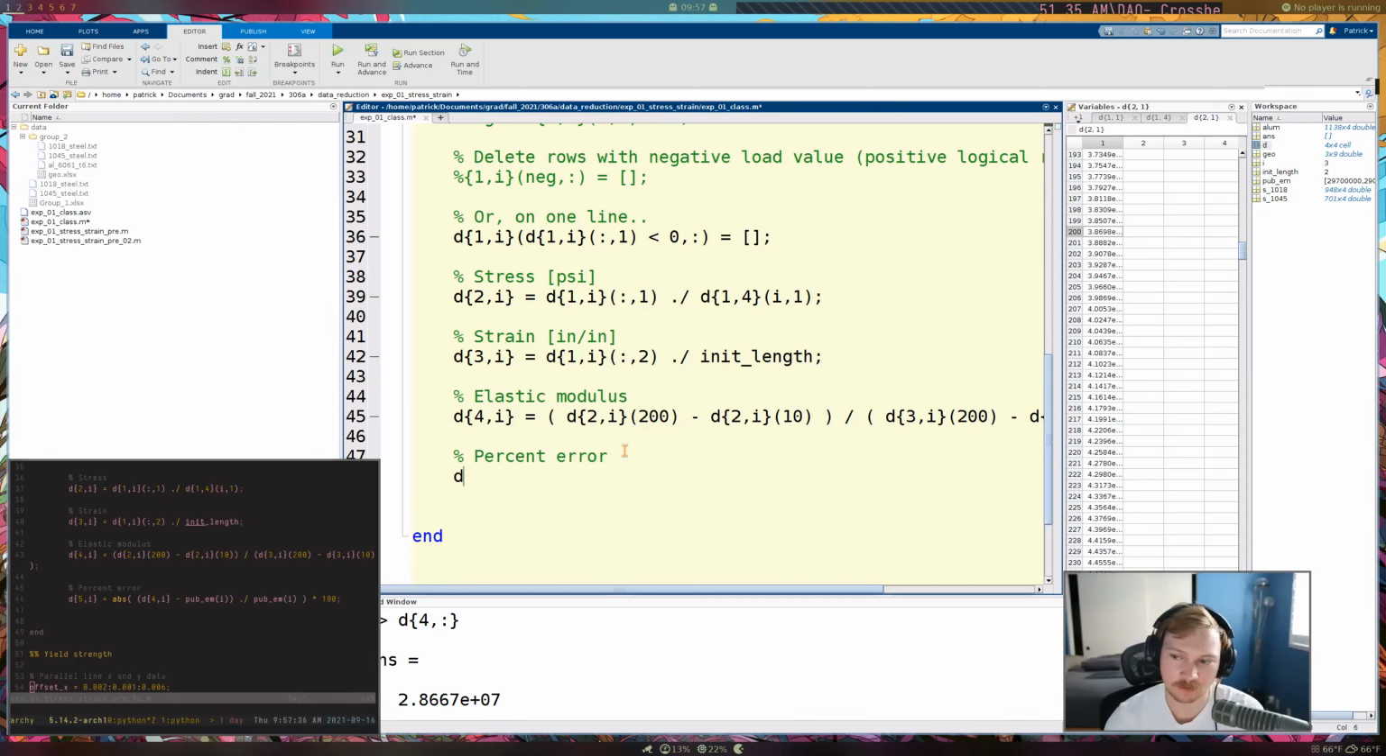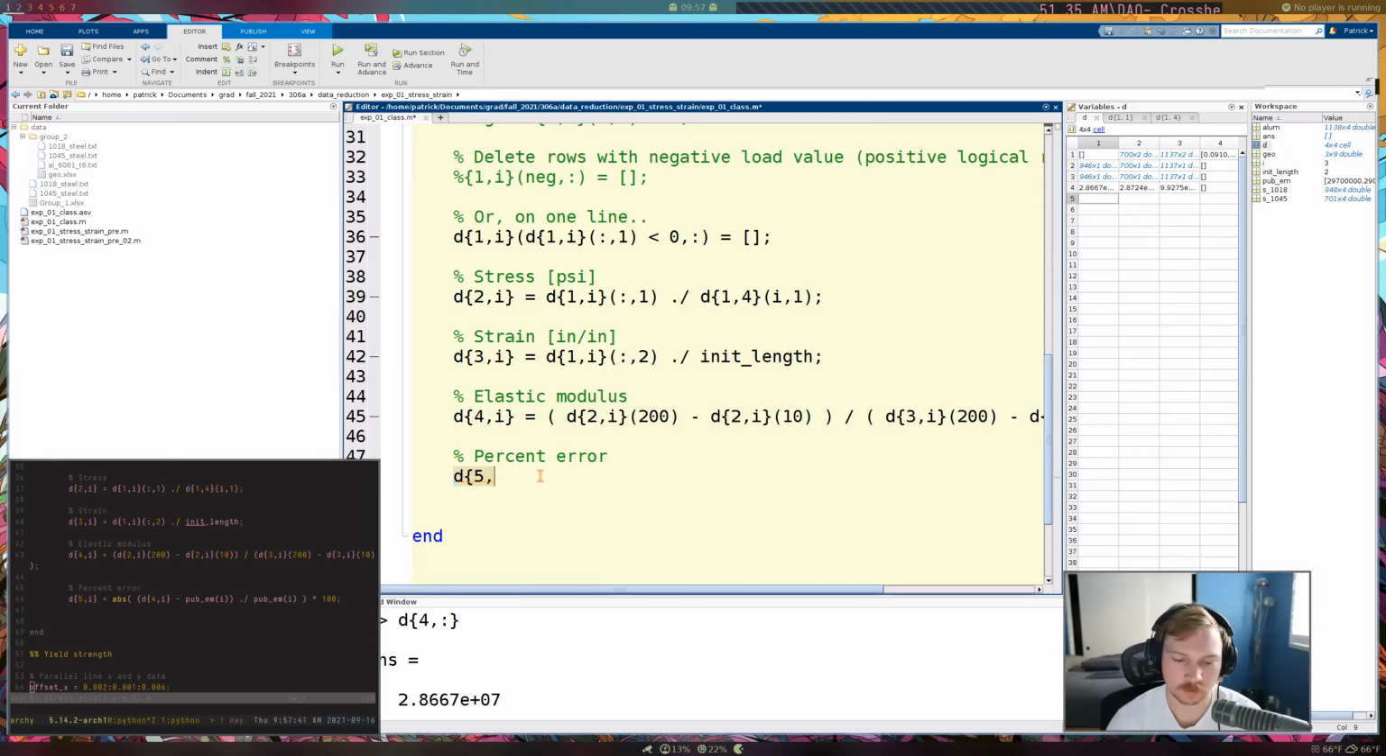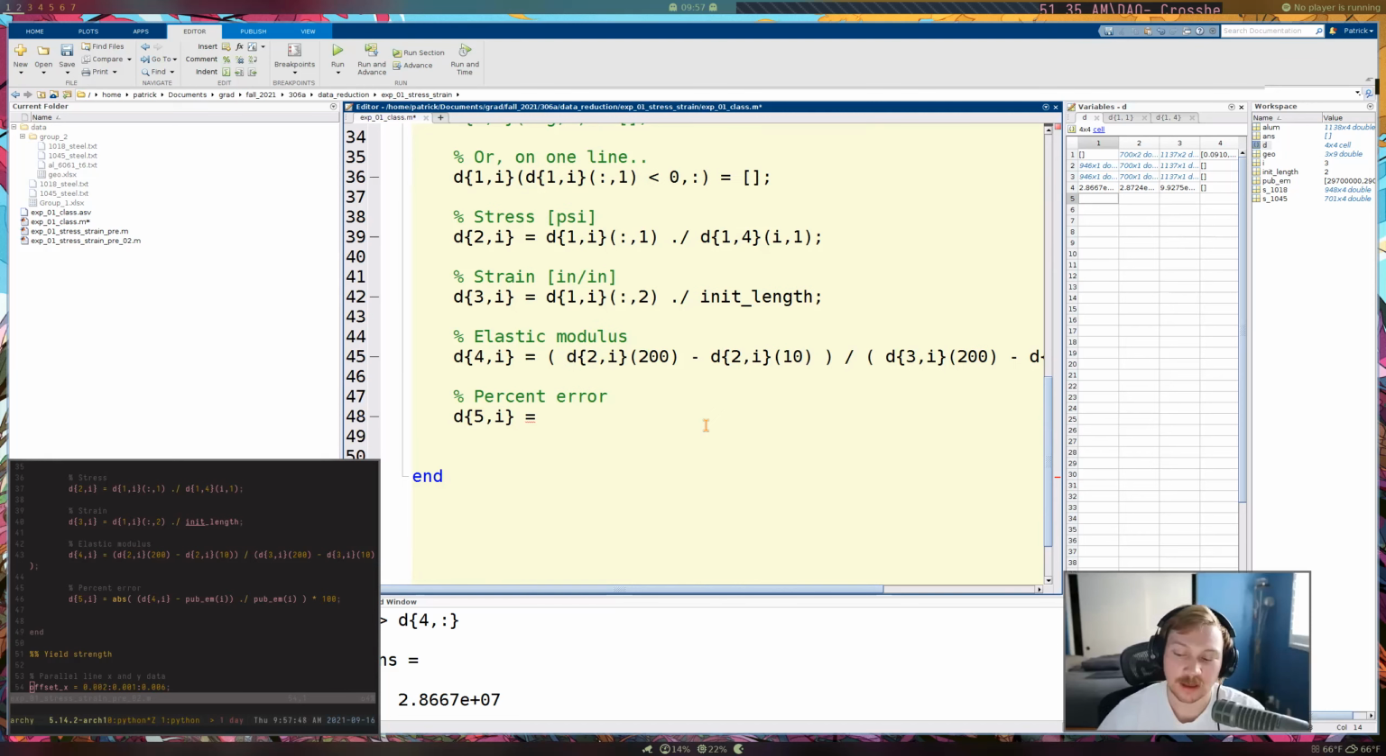All right, so next thing is the percent error. I'm going to make this now the 5th row in our cell array, so I'll call this D 5, I. For percent error, we want to get the absolute value because there's no negative percent error. That doesn't make sense. In the numerator we take our calculated elastic modulus, subtract that from the published value, and then divide all of that by the published value. Multiply it by 100 so you get a percentage. So, absolute value,